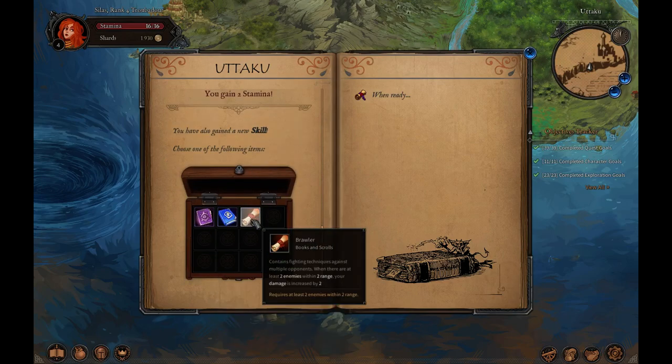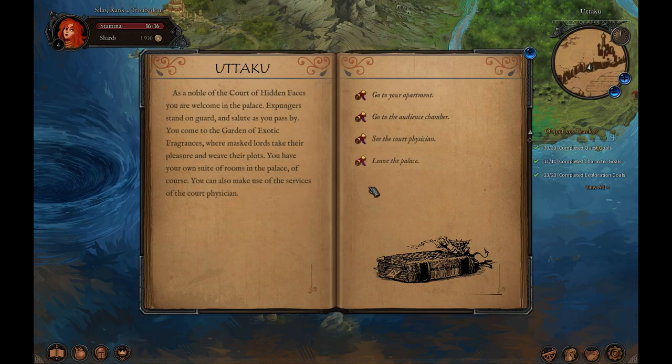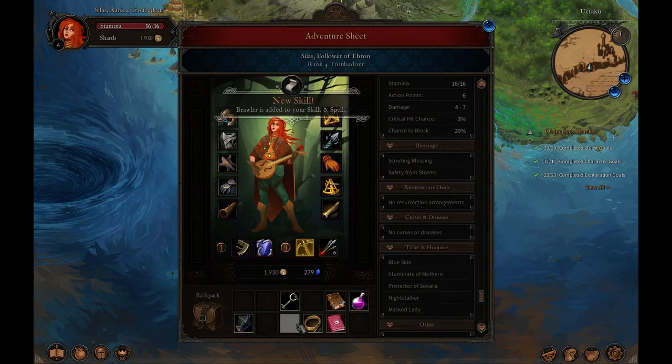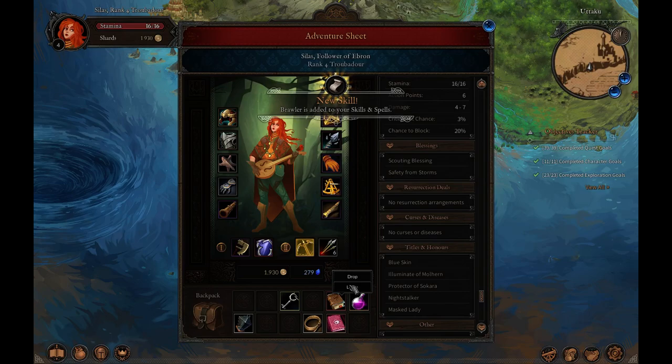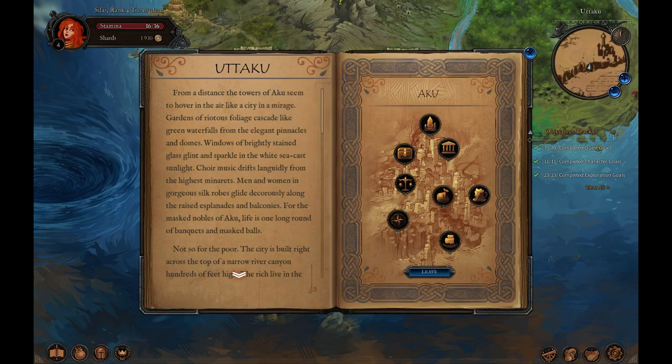Whatever you pick here doesn't matter. You can pick the other skills. And now you have Masked Lord or Lady. Now we can also learn Stunning Blow to get rid of it. Good. That is pretty much all you needed to do in Aku, except for the last thing, and that is